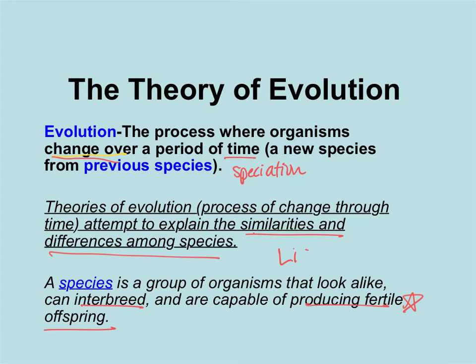If you've ever heard of a liger or a tigon, we may have time to talk about those. One is a male lion and female tiger, and the other is vice versa. But they're usually infertile. So a liger and a liger cannot have baby ligers, but a lion and a liger could possibly have a child. But again, it's not going to make a species.